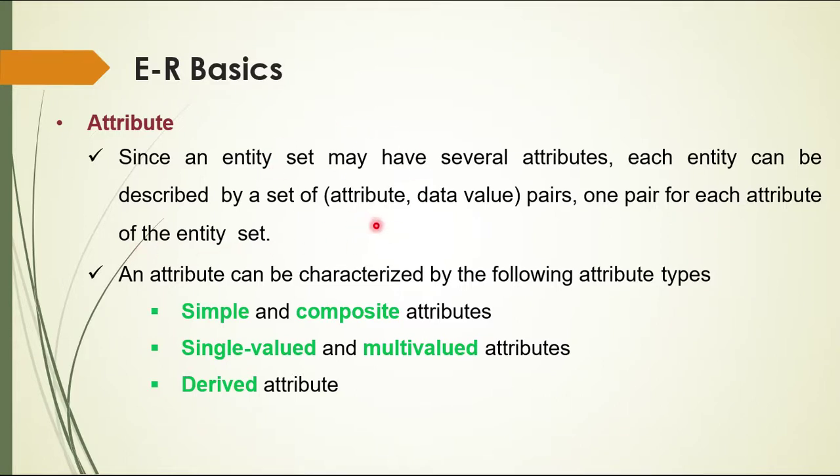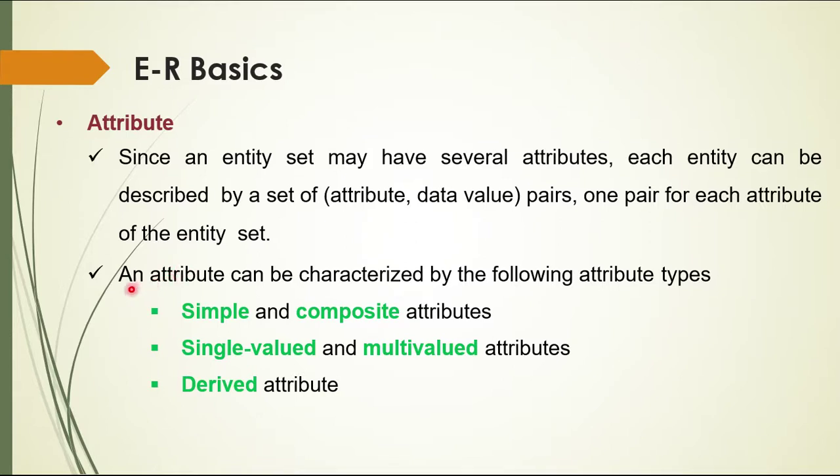For example, I have one entity, students. Students have an enrollment number, a name, an address, and a phone number. These are all the attributes of student. So name, roll, enrollment number, phone number, and address are the attributes. For example, if the name is Heli, then that is the value. If the roll number is 11, then 11 is the value of that attribute. If the address is Navsari, then Navsari is a data value.